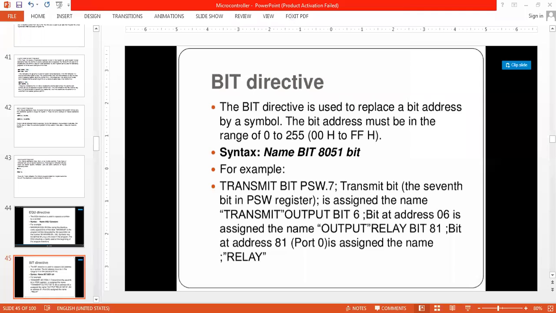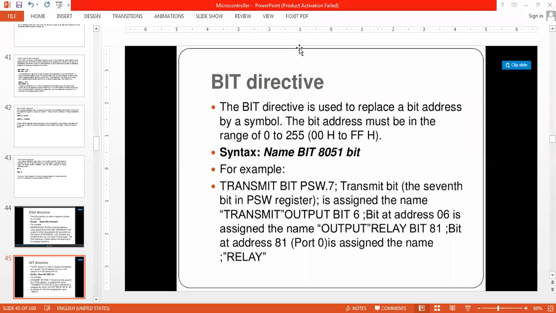So now the bit directive. Okay, basically, as I told, I have so many special function registers which are bit addressable. Say for example PSW is being given here. You can refer to the special function registers from 100H to 1FFH.